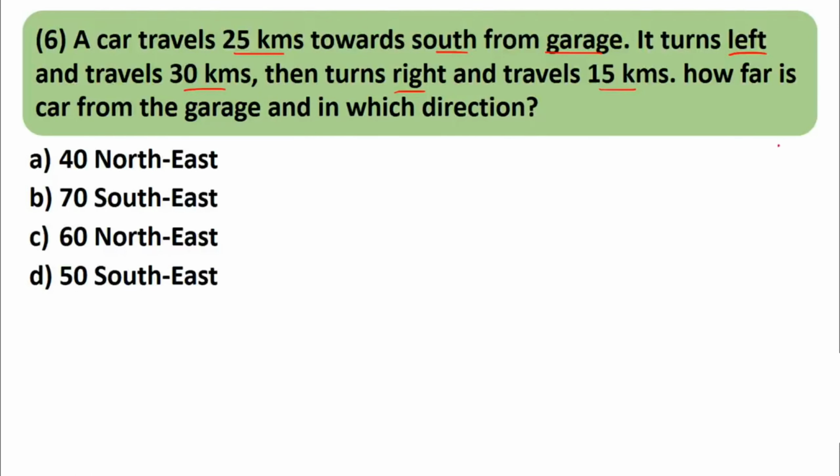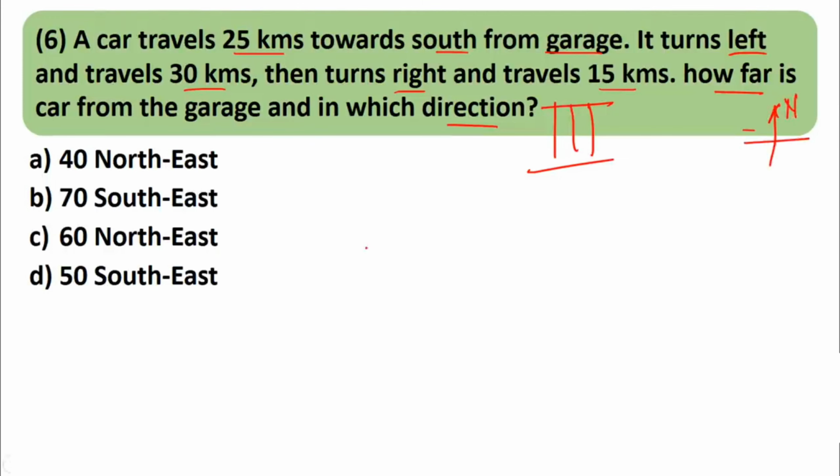Again, very easy. Earlier we saw that we were asked direction, then we saw how far the person is from the starting point. Now this is the third type where both things are asked. It is very easy to solve. We have to solve it the same way we have done up till now. So let's solve this sum. Since it is a direction sum, this is our north direction.